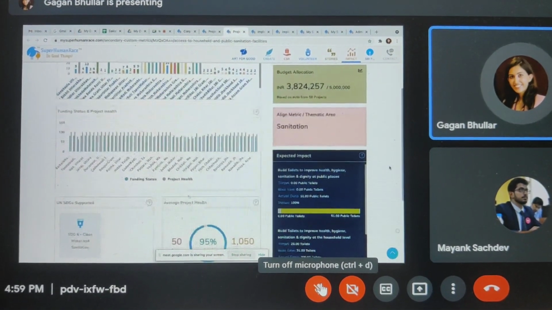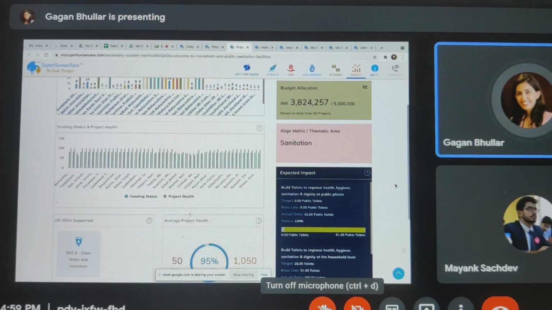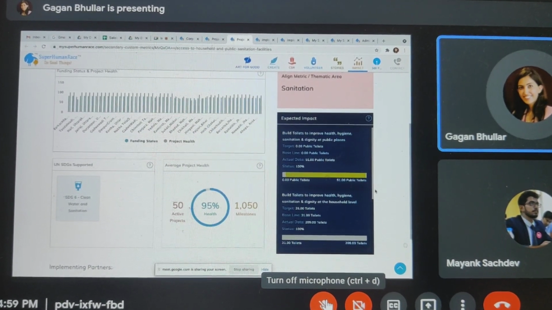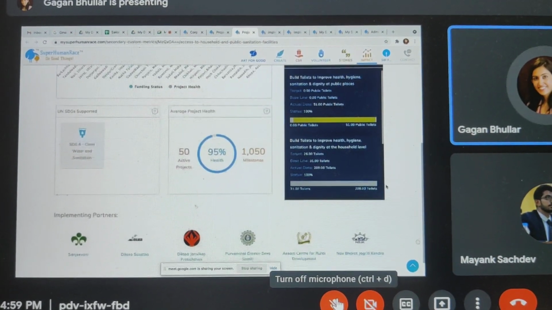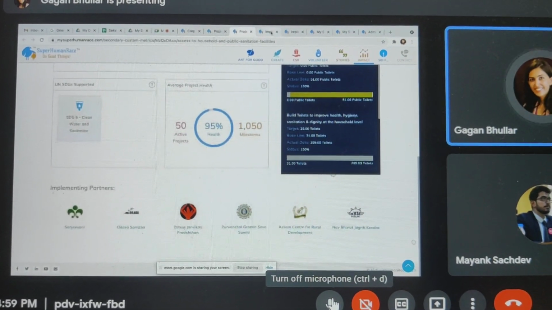And then sometimes, for some of our partners, if they want an additional layer of analytics or insights or reporting, we are able to facilitate that as well. So I'll show that unique example to you in a few minutes once we are done with this account, I think. Any questions at this point?